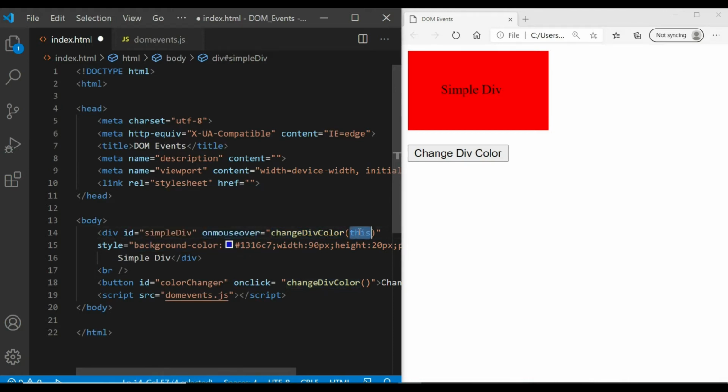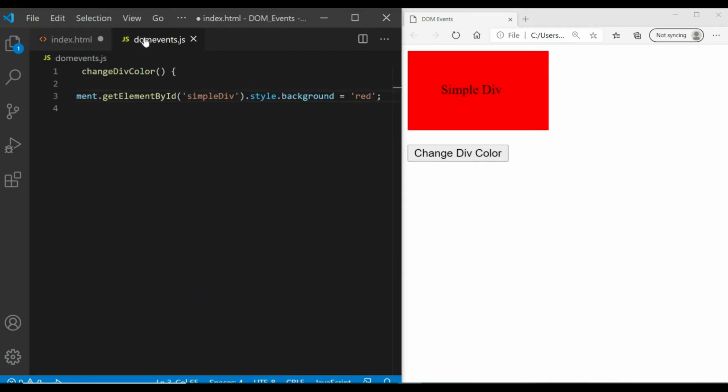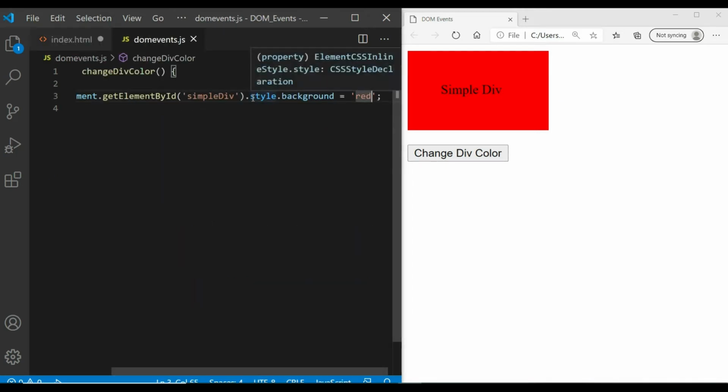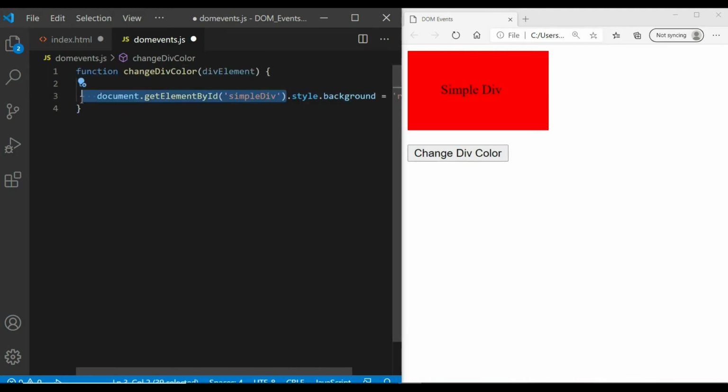So let's say on mouseover I am using this method and passing the reference of this div, and I want to change only the style of this div. So we don't need to get the reference of that div, because we are already getting it from the div itself.